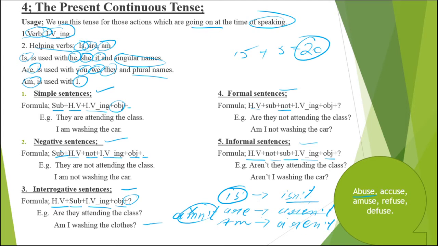And the third one, amuse. I amuse him, I do not amuse him, do I amuse him, do I not amuse him, don't I amuse him, I amused him, I did not amuse him, did I amuse him, did I not amuse him, didn't I